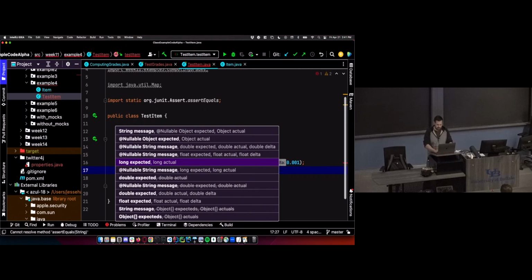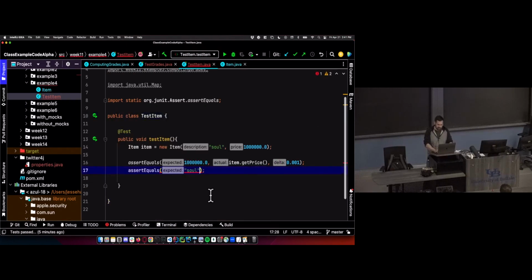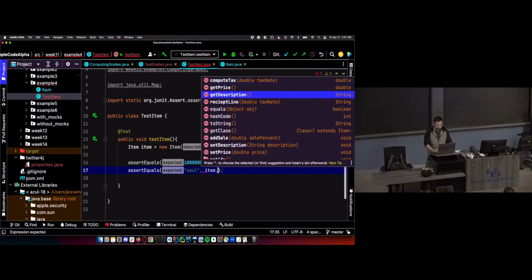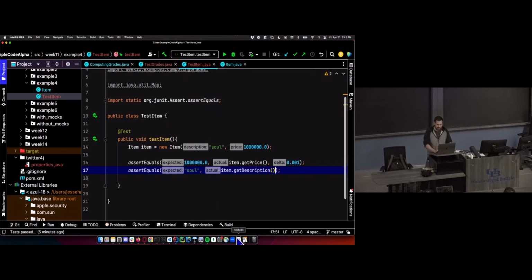soul. Man, it bugs me this thing pops up. I changed my settings so it didn't pop up for one lecture, but then I wanted that for regular coding. So I turned it back on. And then get description, make sure the description is a soul. And then we can start messing around with this